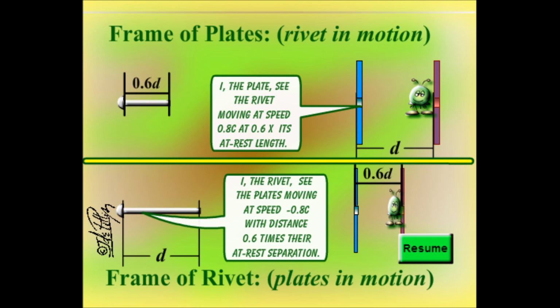If a rivet initially outside the two plates is pushed at close to the speed of light through the hole in the left plate, then when looking at the rivet as the stationary reference frame, the plates and the bug shrink and the bug gets squished by the rivet. When looking at the plates as the stationary reference frame, the rivet shrinks and doesn't touch the bug, but then expands past the right plate and squishes the bug, but then returns to normal size when there is feedback given to the nail about what its size should be.